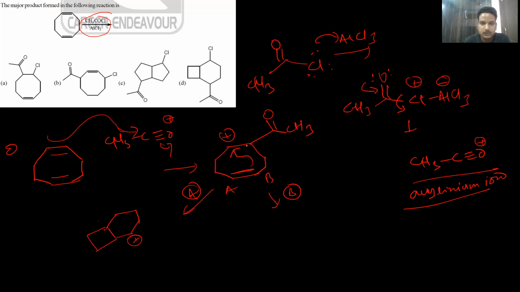So 1, 2, 3, 4, 5, 6. So it happens here and we are getting this compound, and this positive charge is attacked by the Cl negative. So I'm not going to go further. And if I see here,